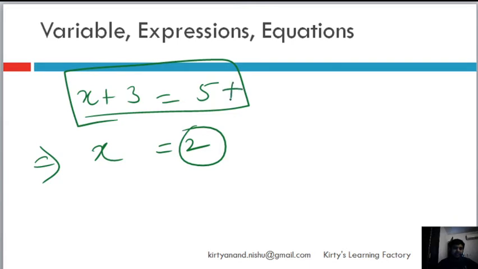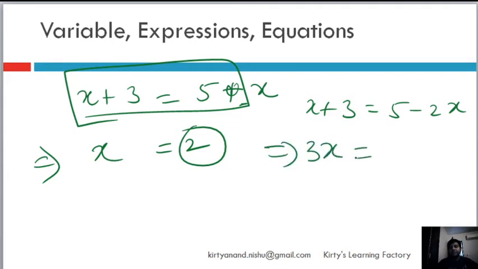I could have kept it as 5 plus x also, right? Or I could have put, let's say, 5 minus x plus 3, another condition could have been 5 minus 2x, right? So then if I had to solve for x, the value of x would be 2 by 3. Okay, so basically these are equations. Whenever we put a condition to an expression and then we say that okay, now find out the value of the variable depending on meeting this condition, then that becomes an equation.